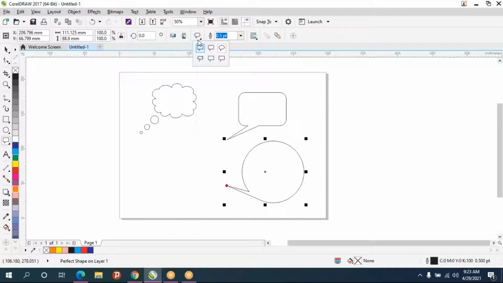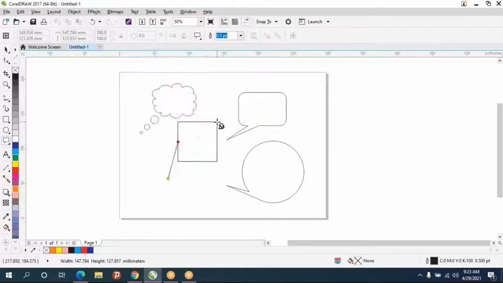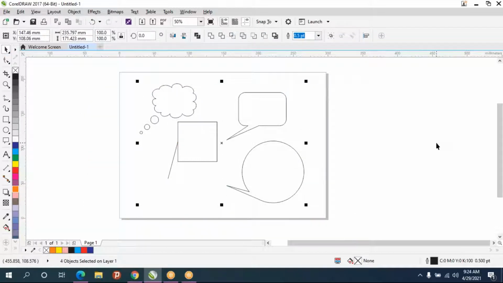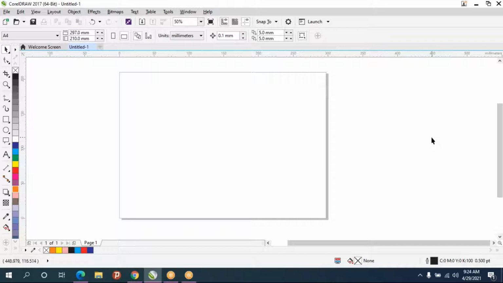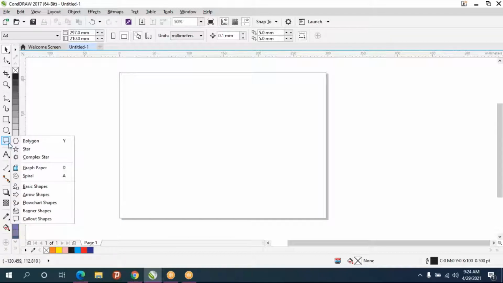So you can use any callouts in this. So every shape is available if you long press on the polygon tool.